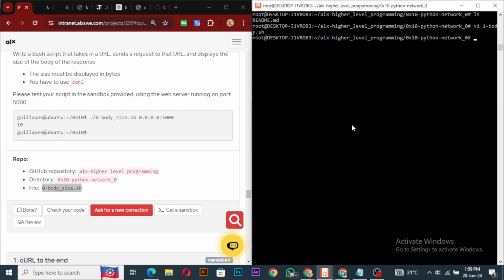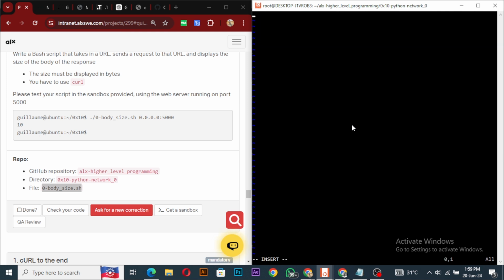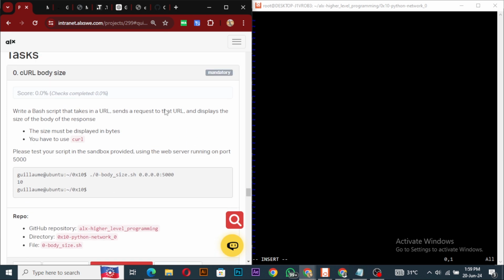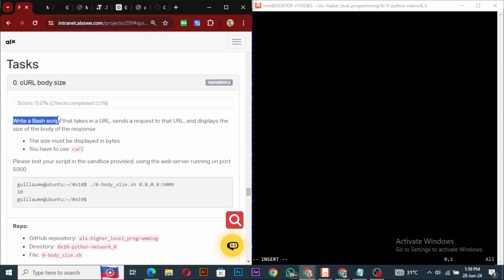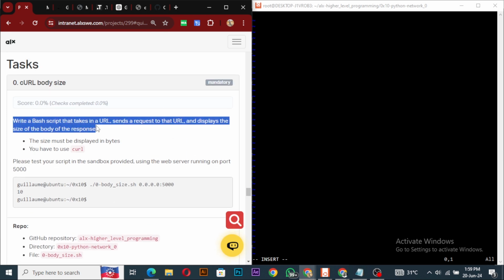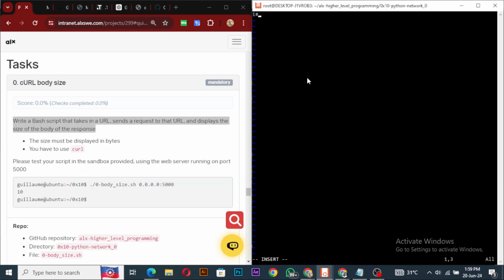Copy. So vi this. I'm supposed to do this one: the bash script that takes in a URL. So it's going to take in a URL, send a request. So it's accepting a URL, right? And then display the size of the body of the response. Okay, so let me copy this. So it's still going to be shebang